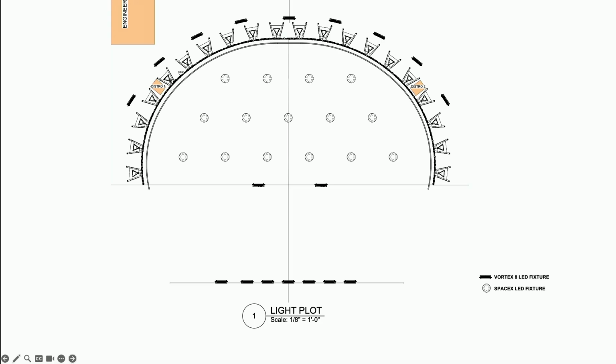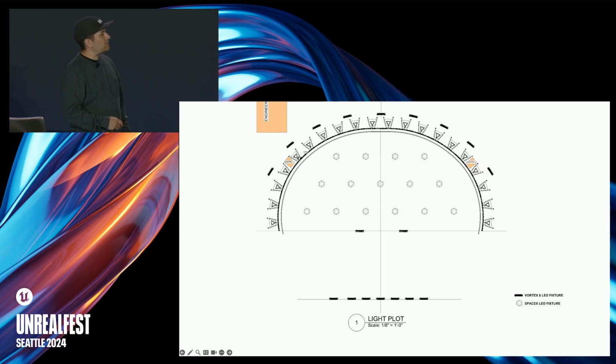This is our lighting plot. So Garrett Kane, who was on with us as well, set up our lighting plot. You can see on the back side of this, here's our volume. Here's all our SpaceXs that our gaffer Roger had set up, and on the back here is all our Vortexes. We did have some other fixtures that would fly in, other Vortexes in grids, if Brandon and Roger felt that they needed to come in.